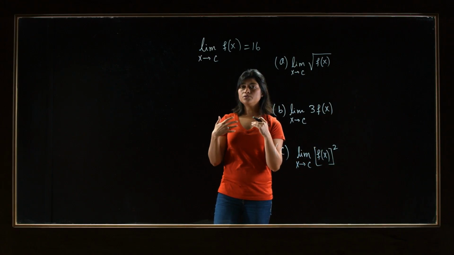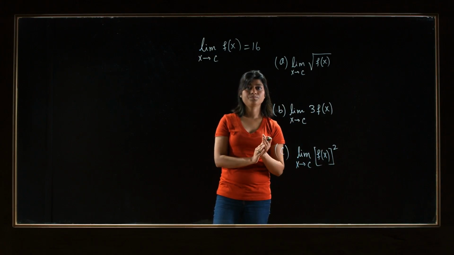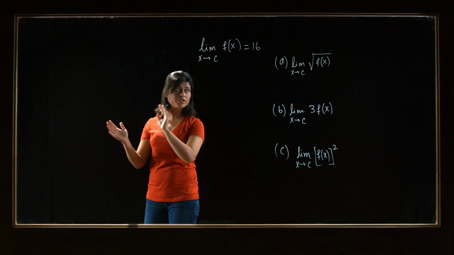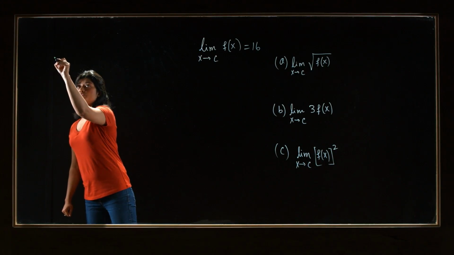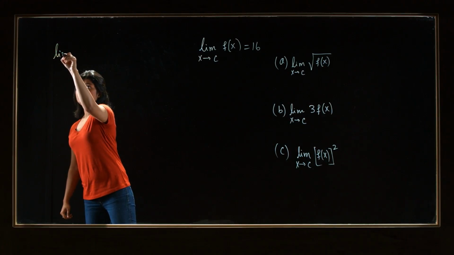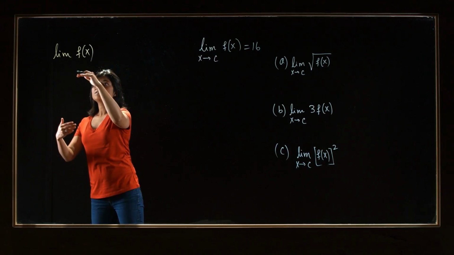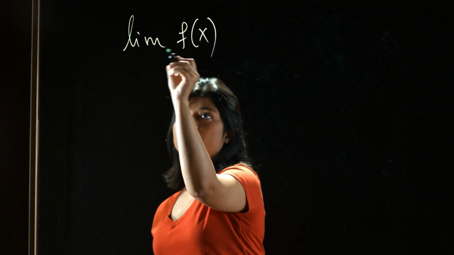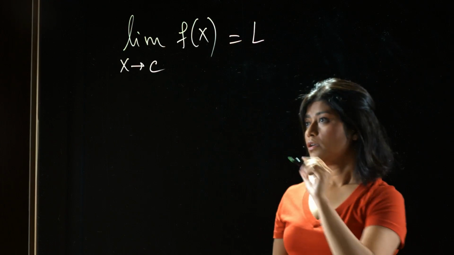So we are going to apply some basic properties of limit to solve this problem. So let's remember first what those basic properties are. So suppose we have, in a general case, suppose we have the limit of a function as x approaches c is L. Then